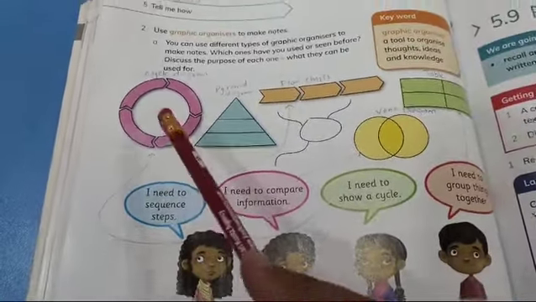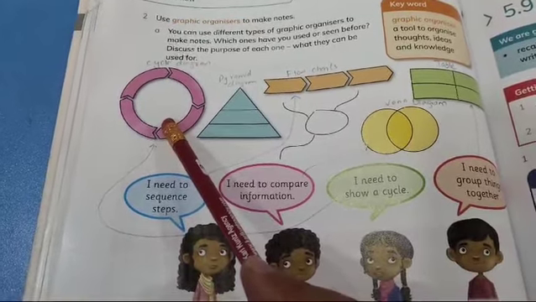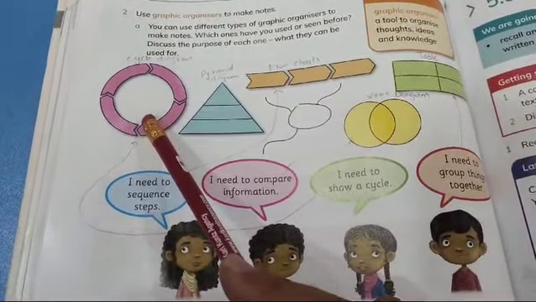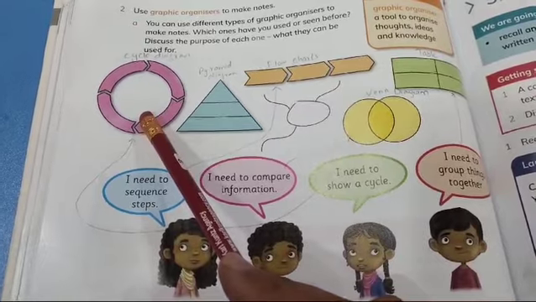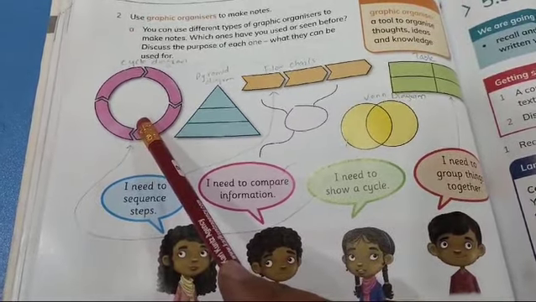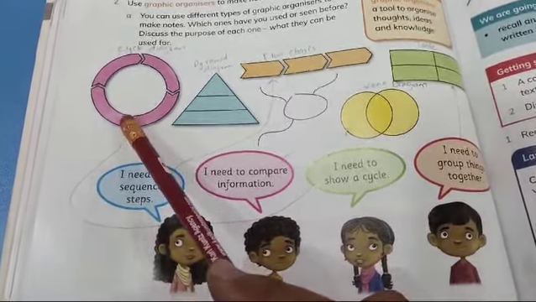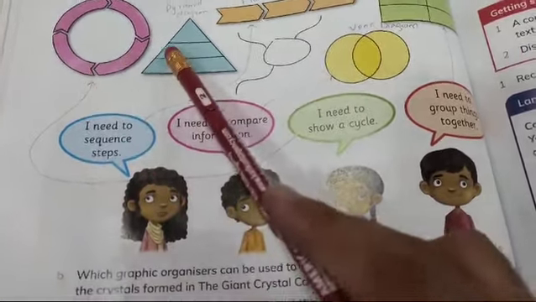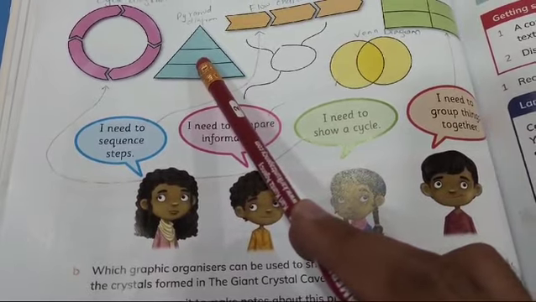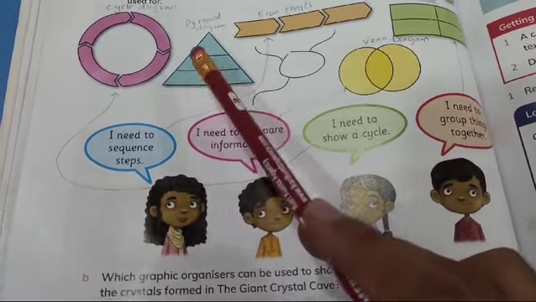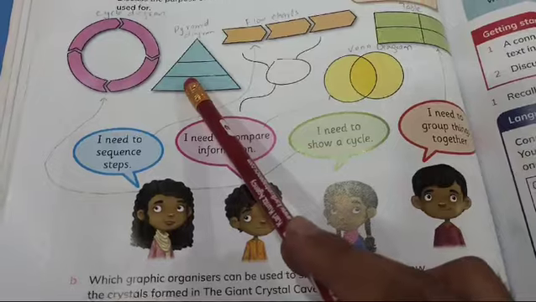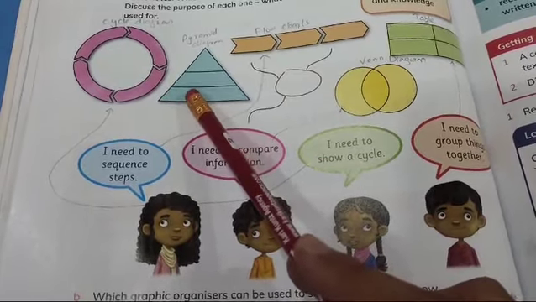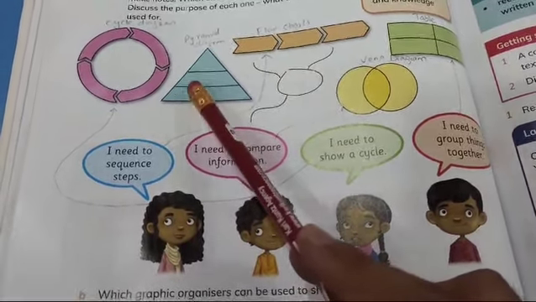So the first one is the cycle diagram. What is it used for? It is used to show steps in a repeating process, for example, life cycles or water cycles. And the pyramid diagram is used to organize information in levels with the most important information at the top, useful for showing